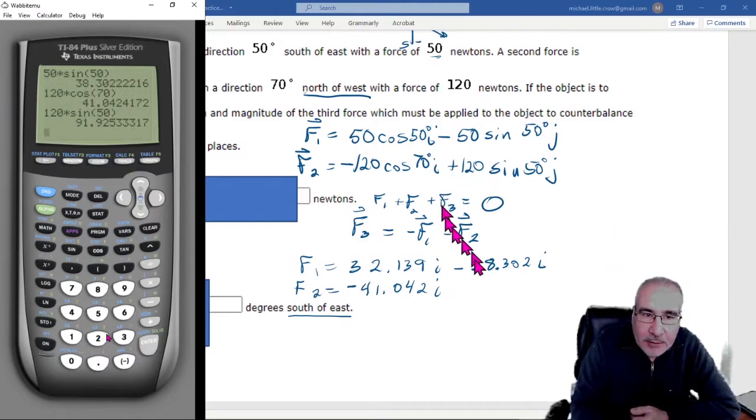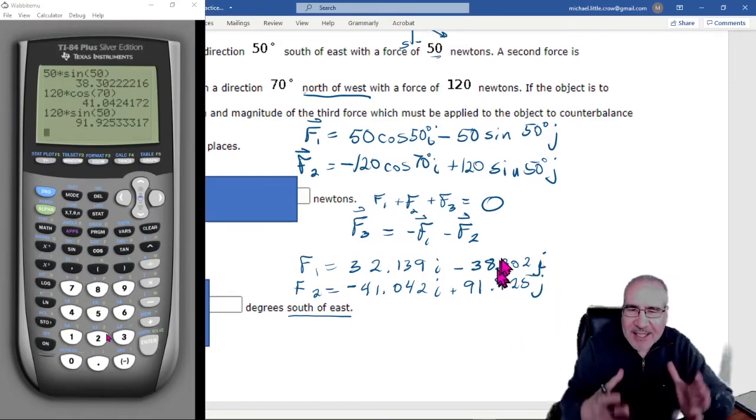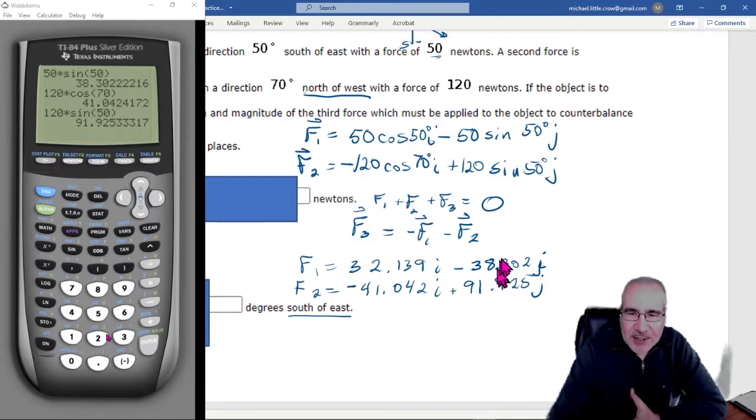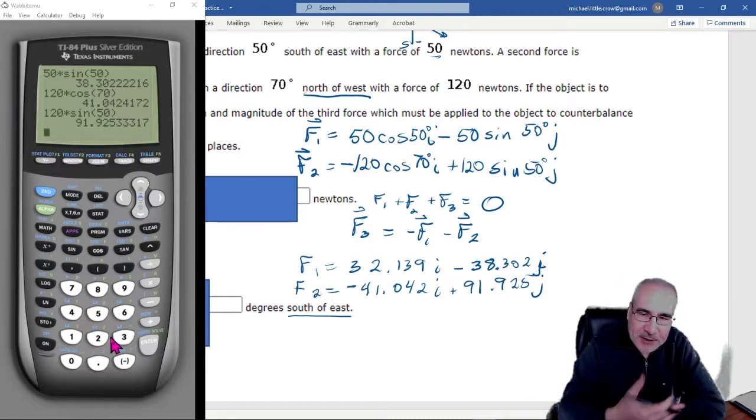And that's a positive, so that's a plus 91.925j. And my j's and my i's don't hook in the right direction. This was my biggest frustration, i's and j's. They're kind of similar, but one hooks to the right and one hooks to the left, and